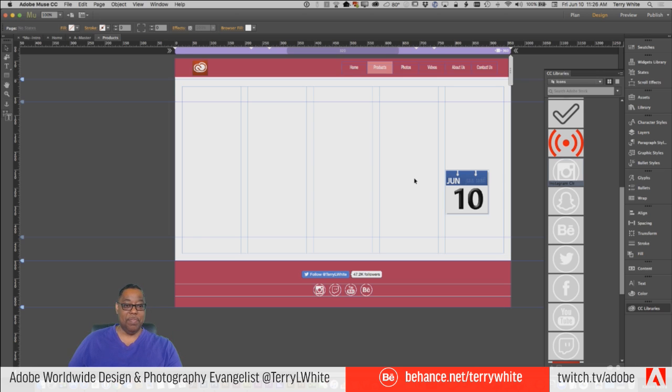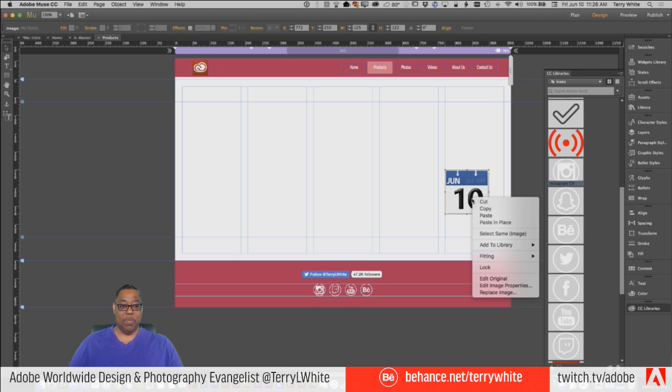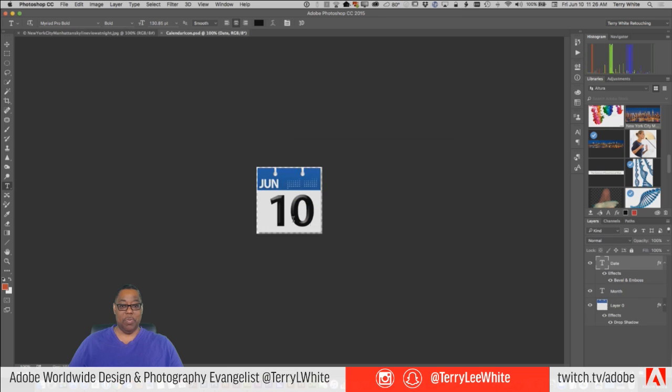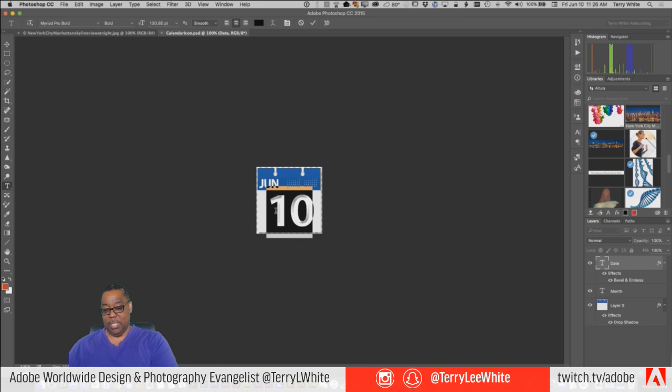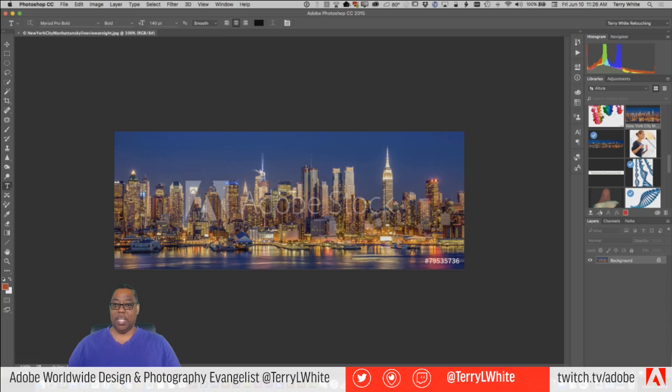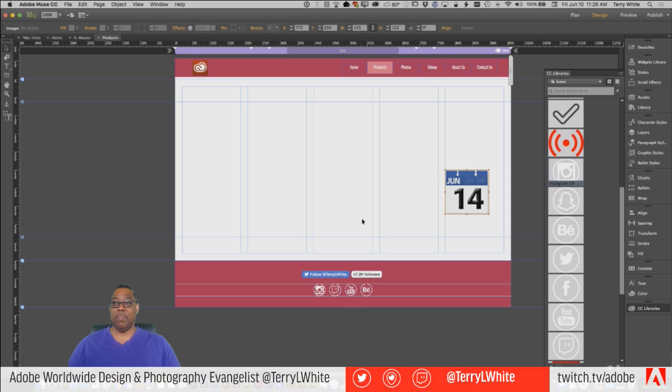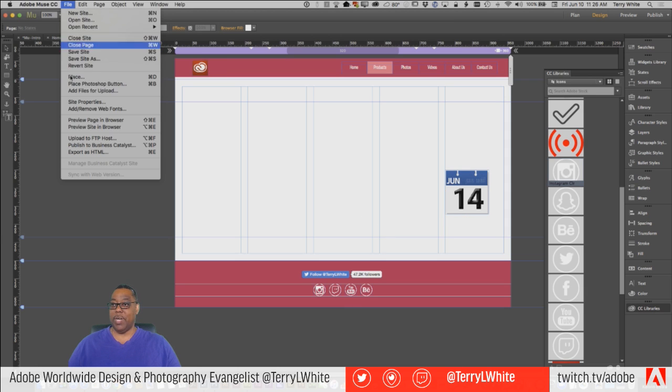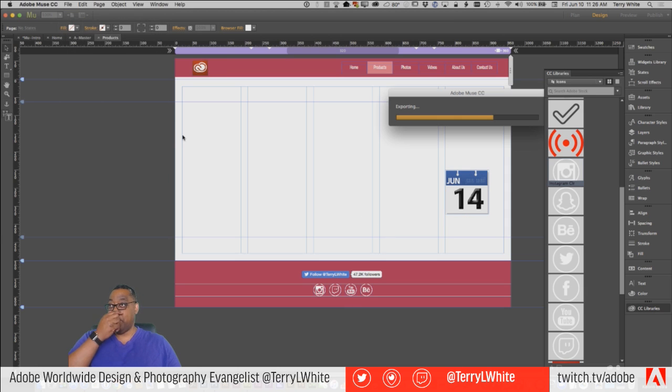Because it's editable. And now that I made that change, if I want to change this again, one last thing, if I want to do this one more time, because it has that effect on it now, that effect is still editable text. So today's the 10th, 11, 12, 13, 14. My next show is on the 14th. And so now if I were to say that, it maintains that bevel and emboss, close it, save it, Muse updates with the bevel and emboss. And it should render out a nice graphic from that if we look at that graphic in the browser.